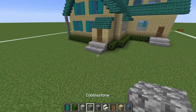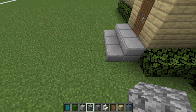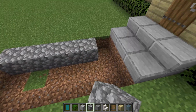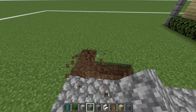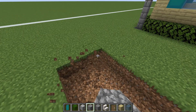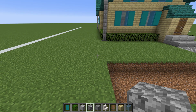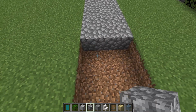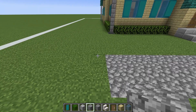We also want to add a cobblestone path that extends out of the back door here. So we want to add a row of 6 cobblestone, 1, 2, 3, 4, 5, 6, that extends out from the width of the path like this. And then these last 3 rows we want to extend out also, and it wants to go as far as the hedge over here. As a matter of fact, we might have it extend 1 additional row, just like this. There we go, that's perfect,